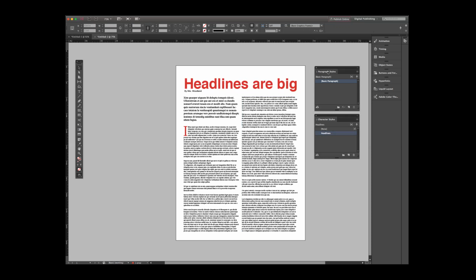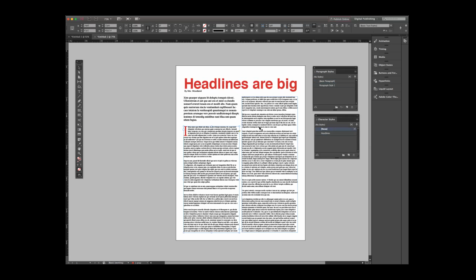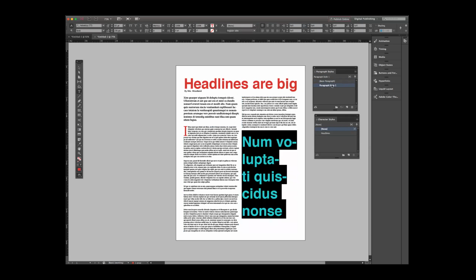Now, paragraph styles are a little trickier. You'll add a paragraph style. These are great for large bodies of text, like the body text. Okay, and then this is where you can give it basic, let's see, I want this to be the case. So paragraph style right here. See, it's now taking my